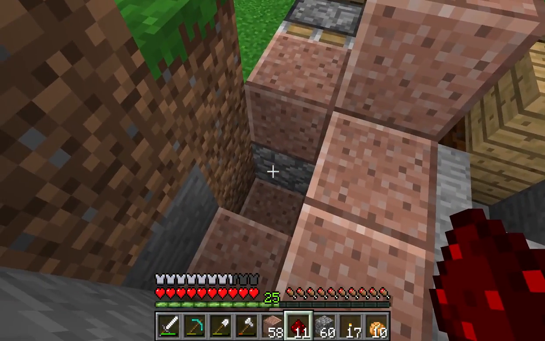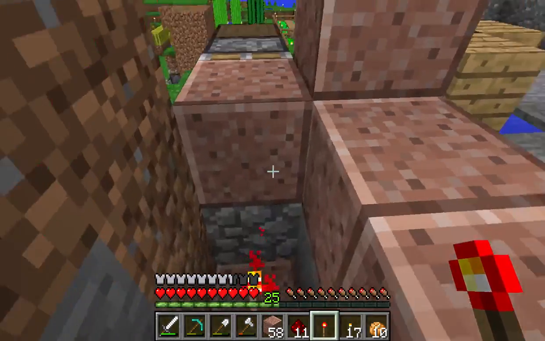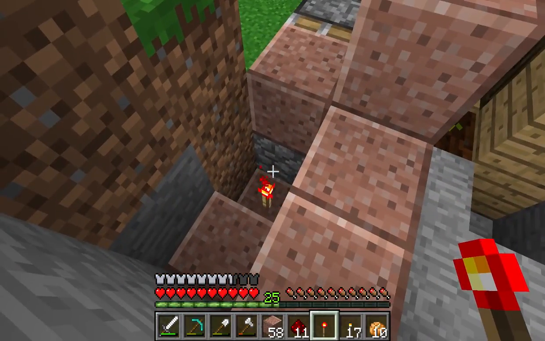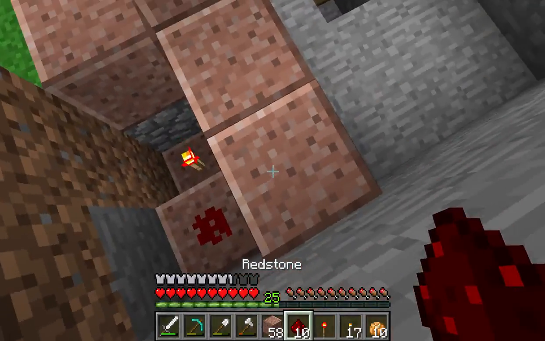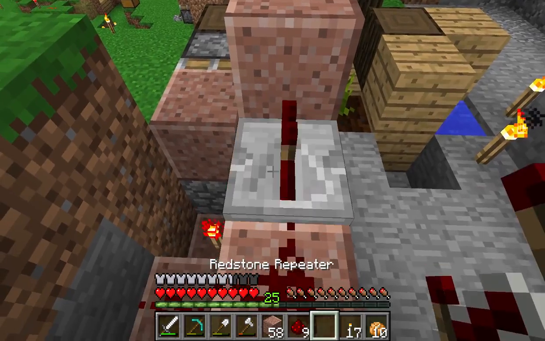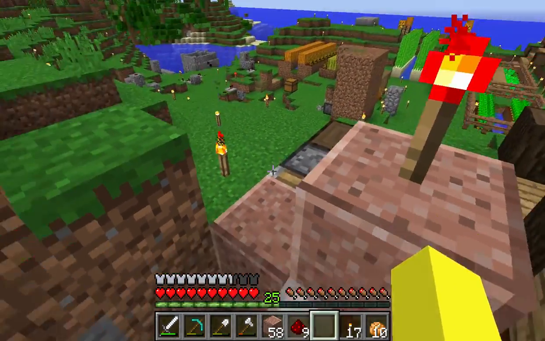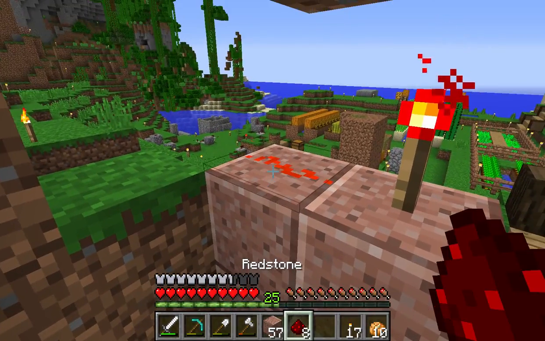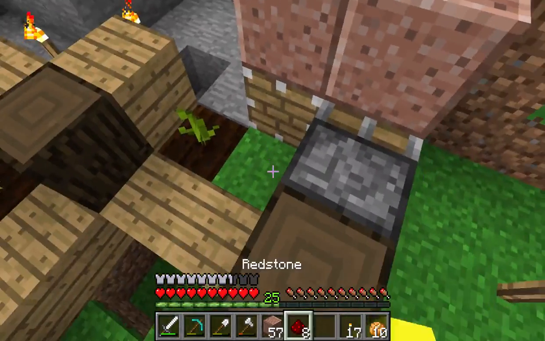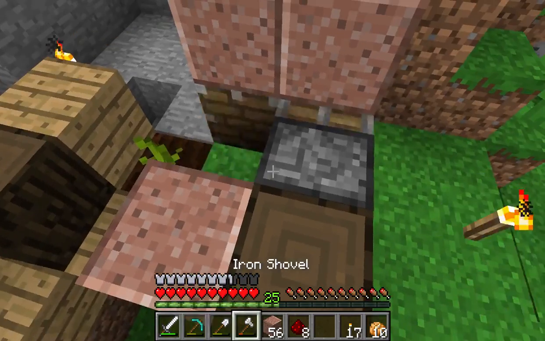So we need a torch here. Our piston, this guy here is the sticky piston pushing this guy, and then a torch there, then some dust, then a repeater here like that, and then another torch like that, and then we'll put another one of these here like that, and then so if we have a block update here...